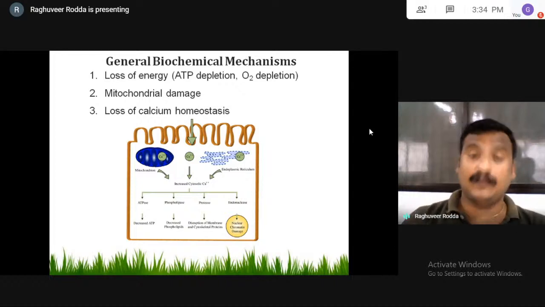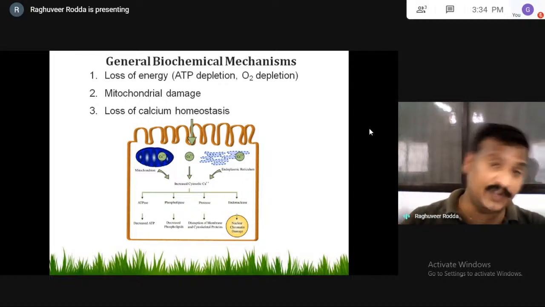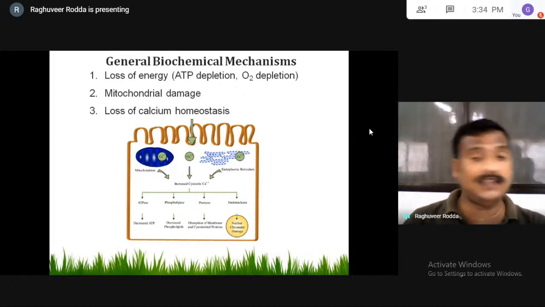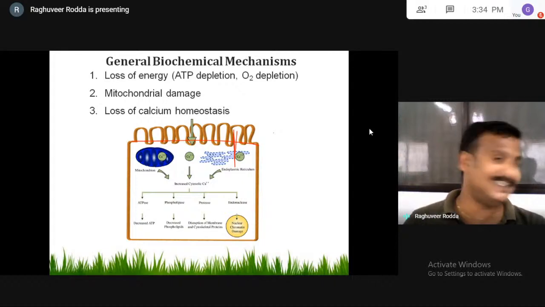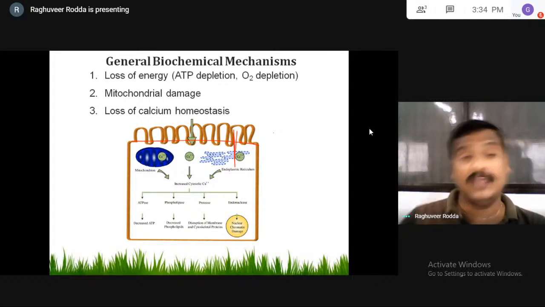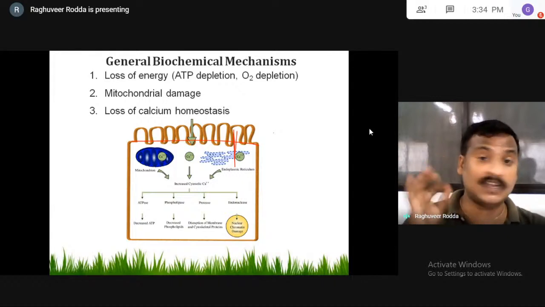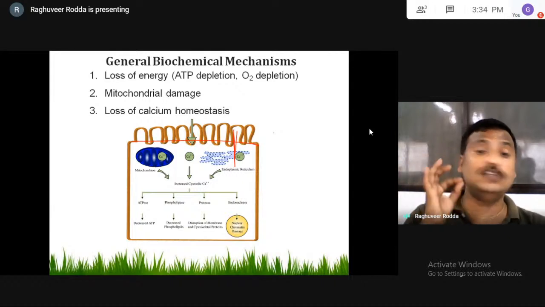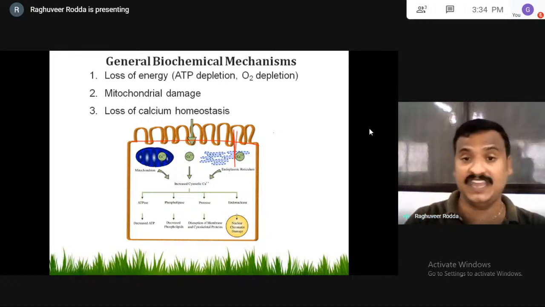When mitochondria is unable to produce ATP, what happens? The plasma membrane of the cell will lose its permeability, because the plasma membrane is semi-permeable in nature. It does not allow all the contents. It does not allow even the essential contents when the cell does not require them for its activities.